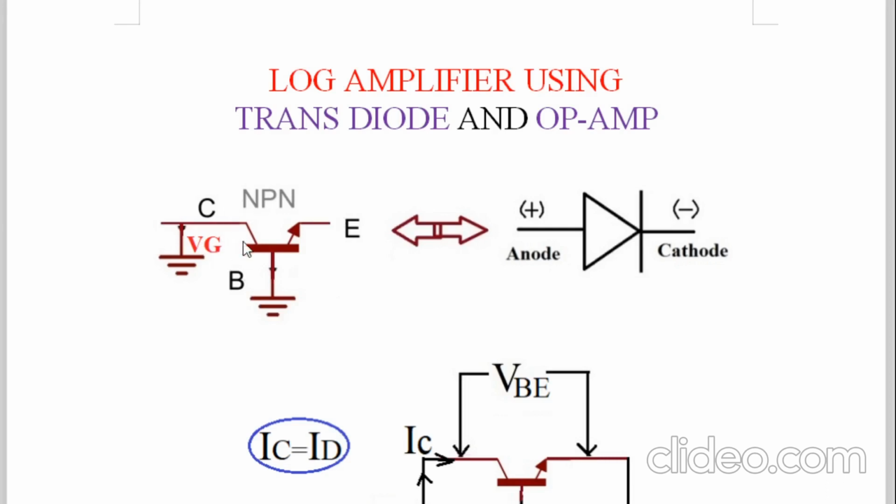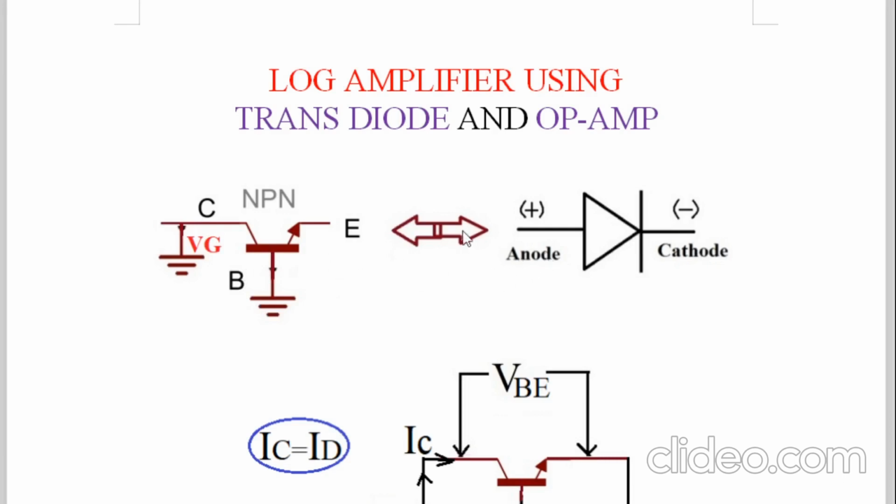Now if you want to use this transistor as a diode, because inside the transistor there are two PN junctions, out of the two we want only one. So what we will do? The base will be connected to the real ground. Real ground means the ground of our dual power supply. And the collector will be connected to the virtual ground. In this way, you can say that the collector to base junction is as good as short circuited, and what remains there? The emitter to base junction remains, and that emitter to base junction will act as a PN junction diode.